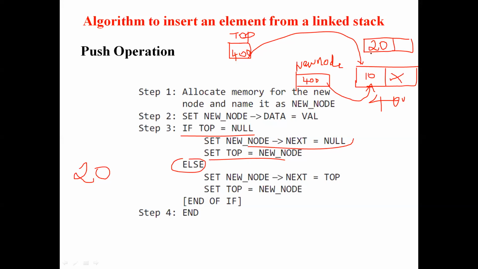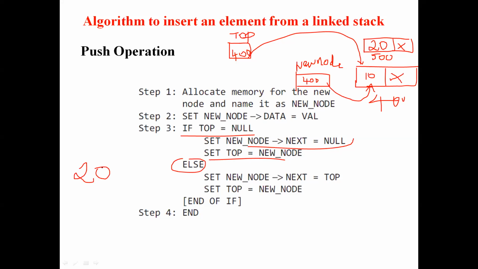I am telling that this new node address is 500. And I am also making the next field null here itself, in the getNode function. Why? Because in the starting of the second unit, you have done all the operations in the new node. Whatever values are to be updated in the new node will be done under the function getNode. That's why I'm making the null here itself. I don't want to change that procedure.